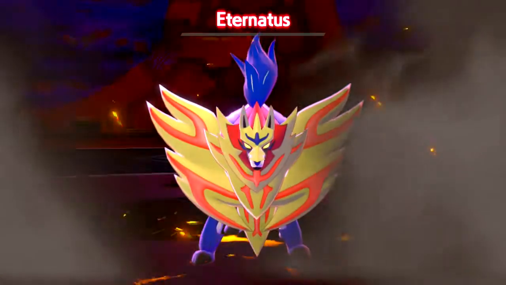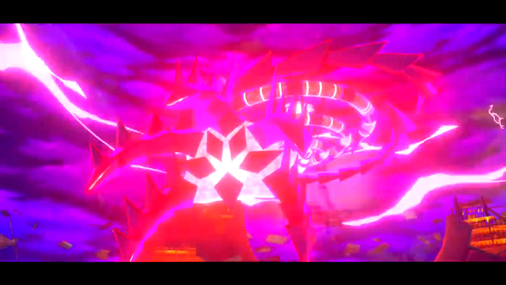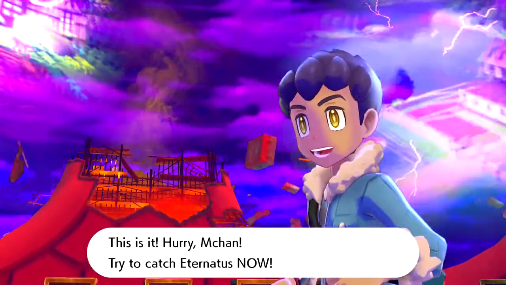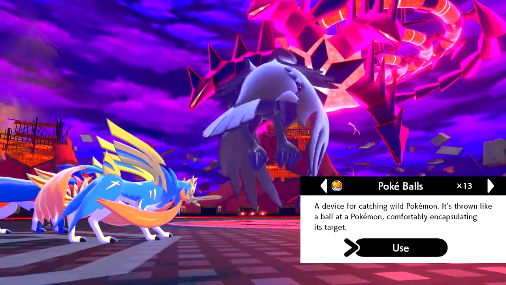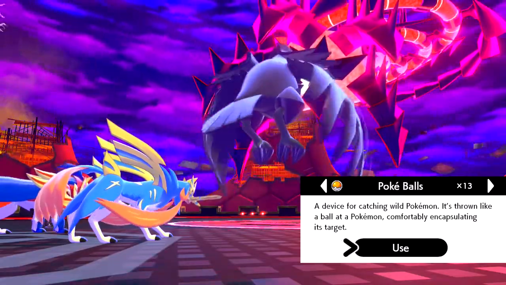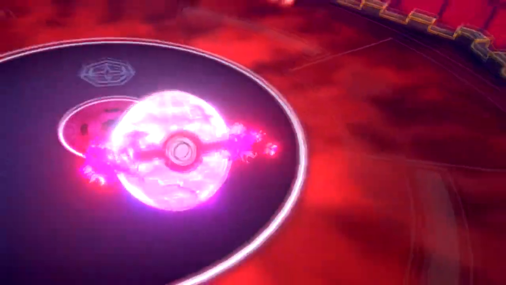But we almost took it out, and I believe after this attack, it should be done, and there it is! And with that, we took out Eternatus! Alright! We have one more step now for this fight, and that is to catch it. For the very first time, well, not actually for the first time, we're going to use a Pokeball against Eternatus. We're going to hope that we catch it. A legendary Pokemon in a Pokeball. This isn't the first time that I've done this, but